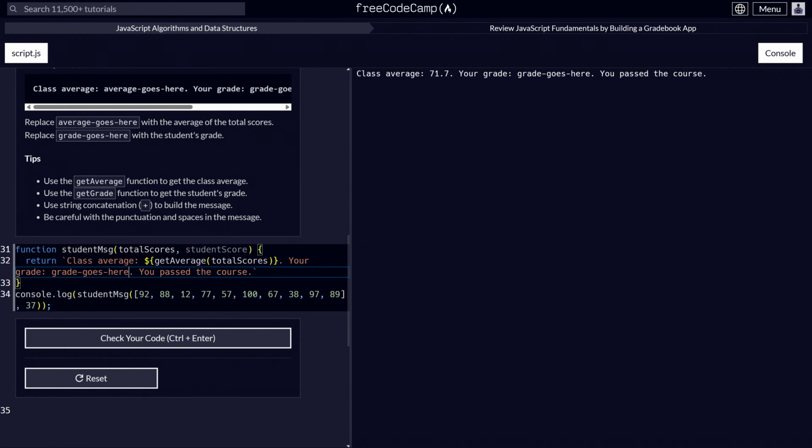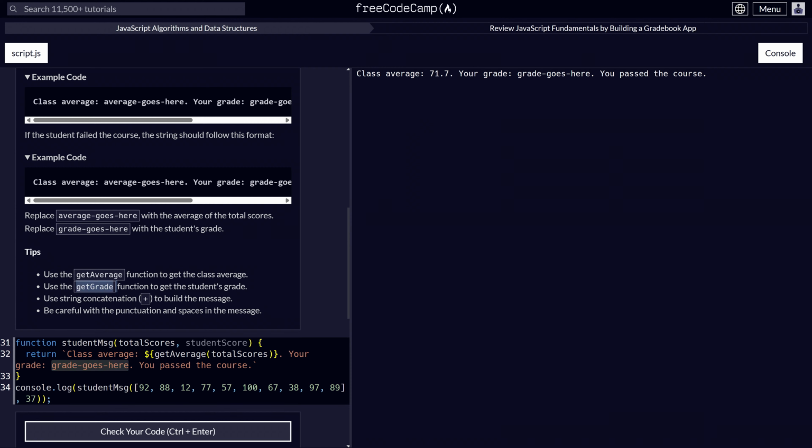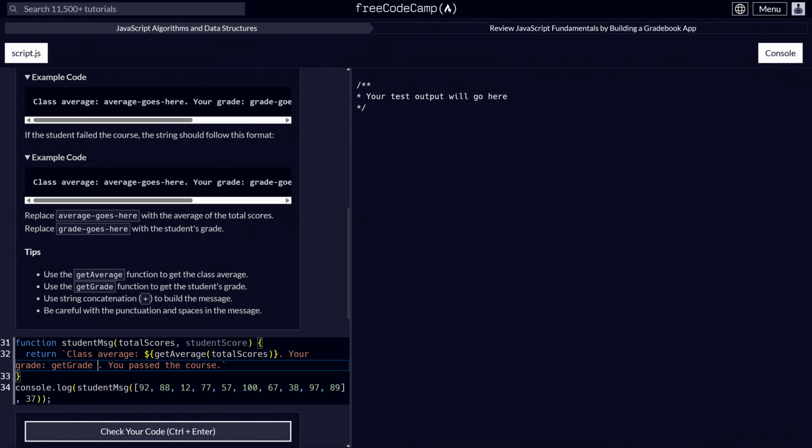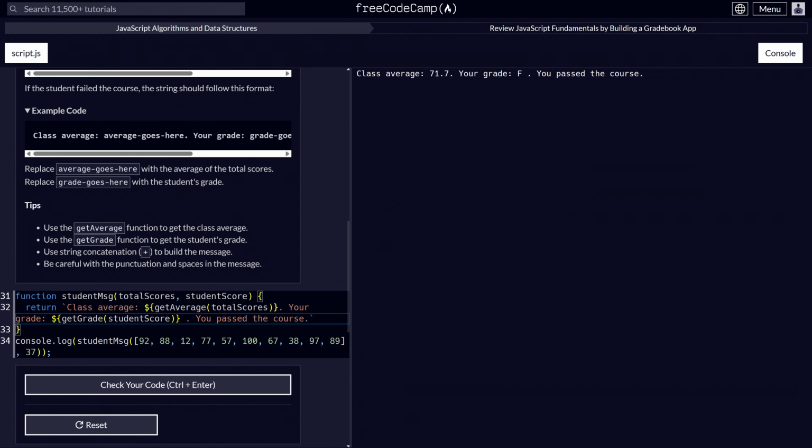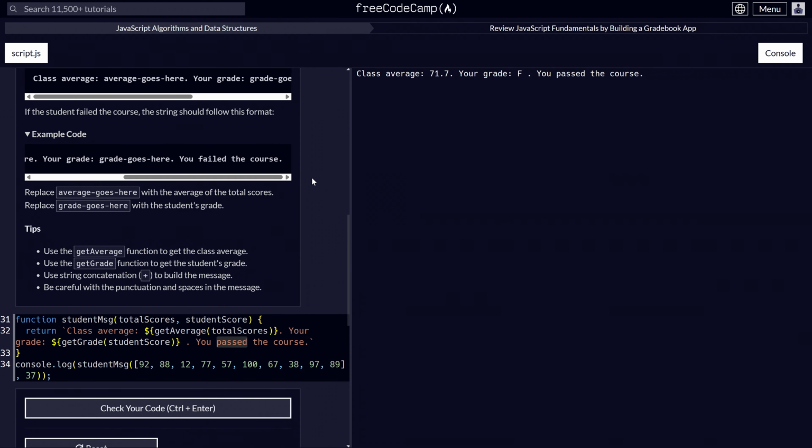And then your grade goes here. Get grade for student score. Why are they passing us a student score? That really doesn't make sense to me. You passed the course or you failed the course. So we'll have to replace this with,